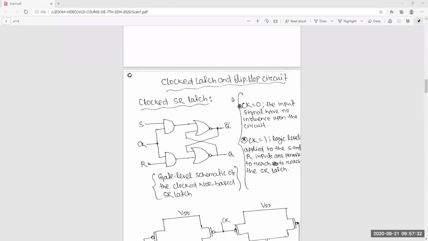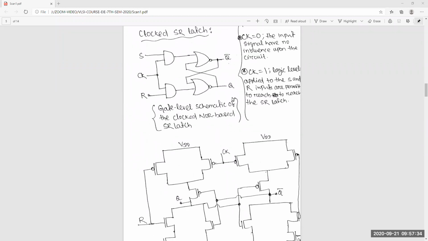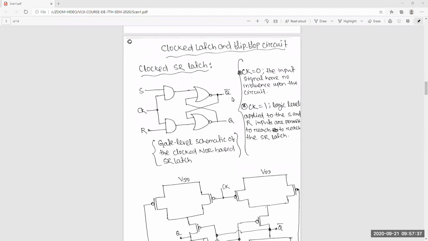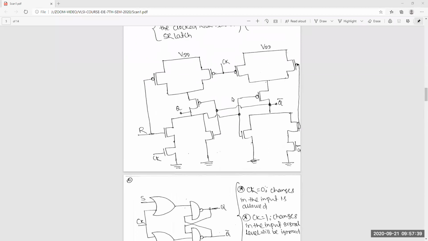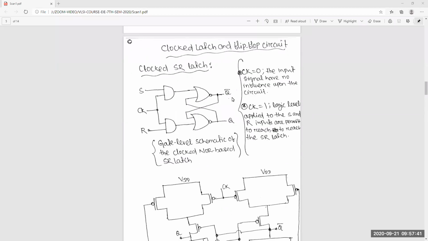So today we will discuss the latch, the RS latch, that is the NAND based latch and NOR based latch. After that we'll discuss the master slave latch, then the D flip-flop, all these things. According to your syllabus, whatever is in the Kang book, I will discuss today.